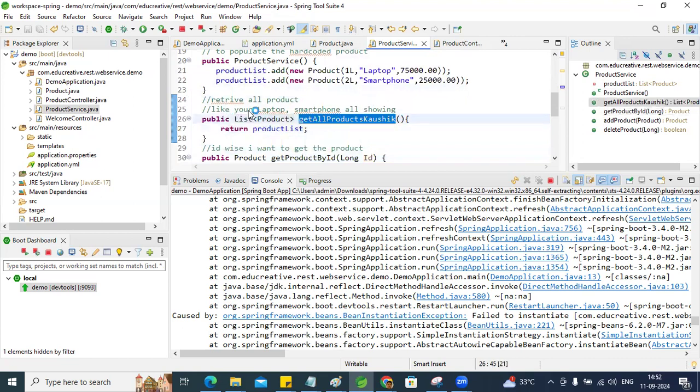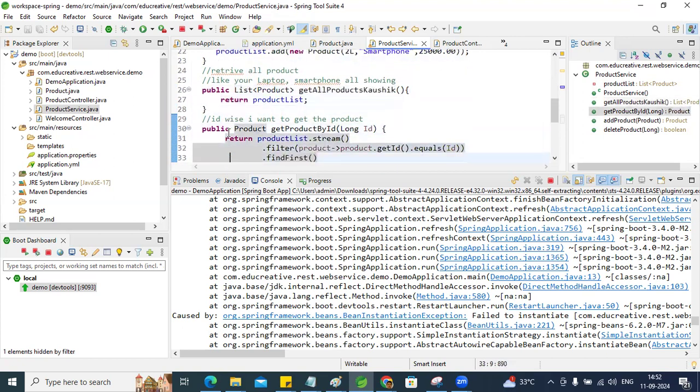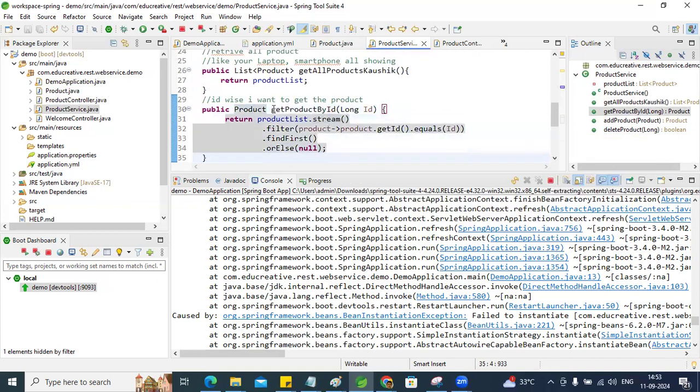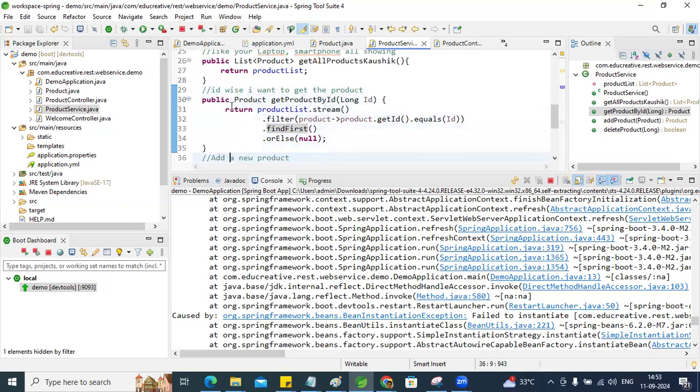Okay, this is the method where you can retrieve all your products, and this is one by ID, the public get product by ID. So you are using the long ID and product list, ID-wise you can get the product. You can easily filter the data, product dot get ID, and then this method returns the data